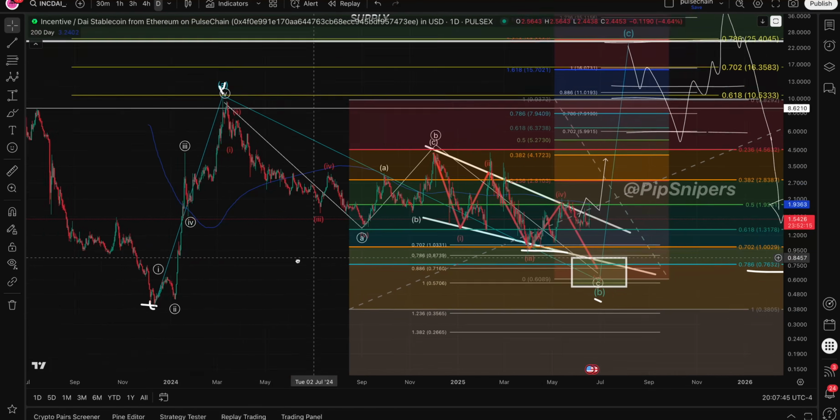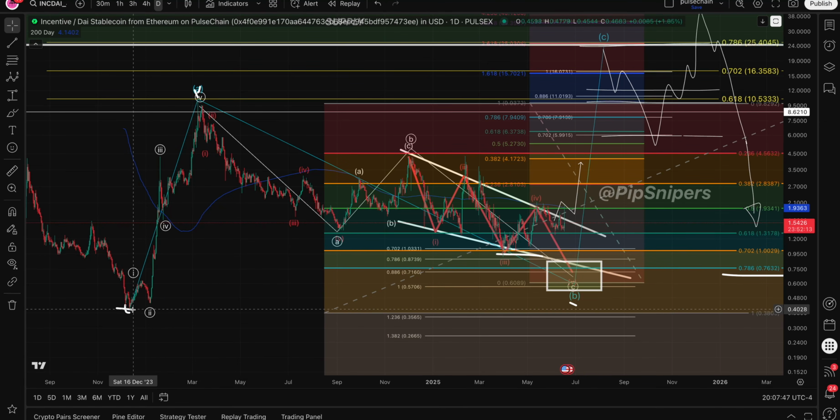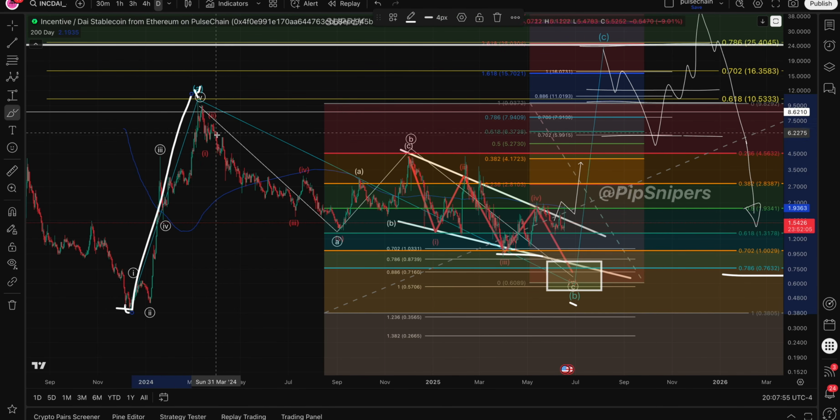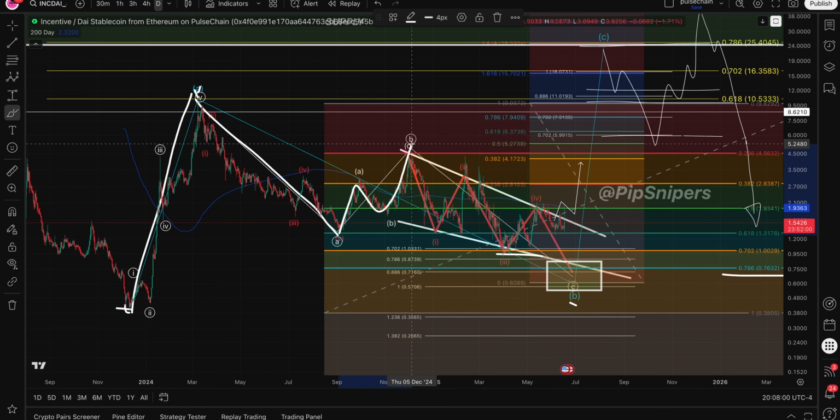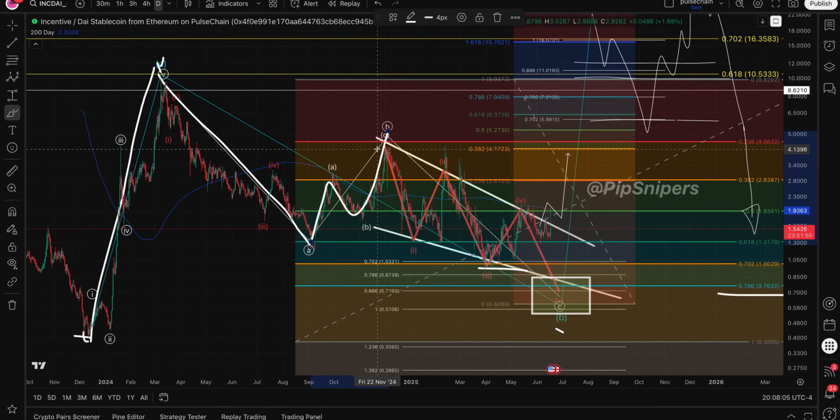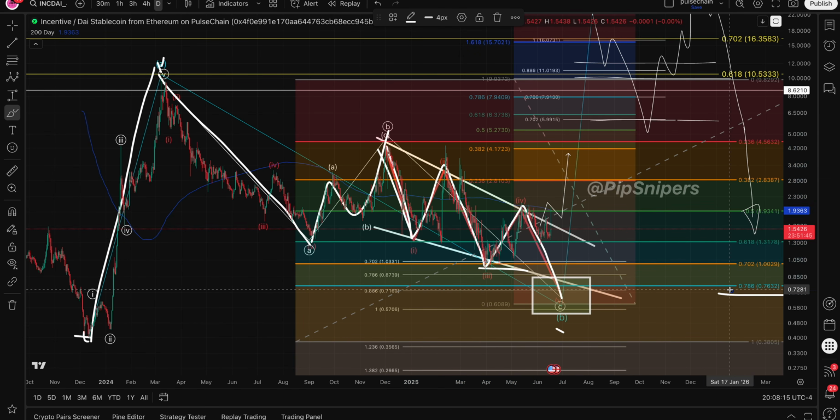That 50% fib was found by taking a fib from this low on December 2023 up to this high in March. So we had our 5-wave move to the upside for your A wave. Then you have your 5-wave move down in your A, 3-wave move up in your B, and then for your C wave, which is the last wave in the correction, would be what's considered an ending diagonal. So notice how the waves are overlapping each other and they're subdividing into 3. So we would come down like this to the 786 to sweep the March 31st low